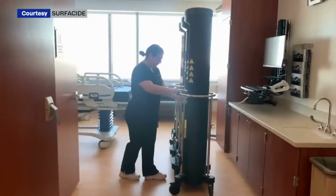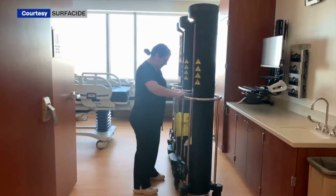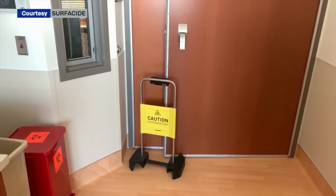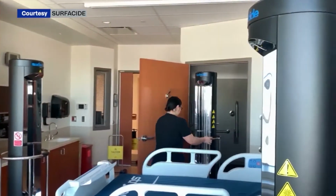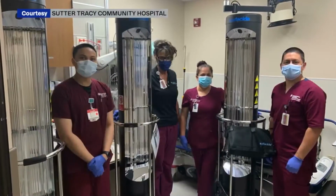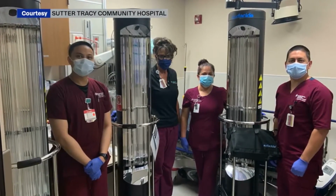Thompson says the robots will be used in addition to the cleaning already done by hospital staff. The light is so powerful that no one can be in the room when it's on. It's just another layer, level of the disinfecting, and it's another process that we can use to try to ensure that we do not have infections in the hospital and that we make people, our patients and our staff feel